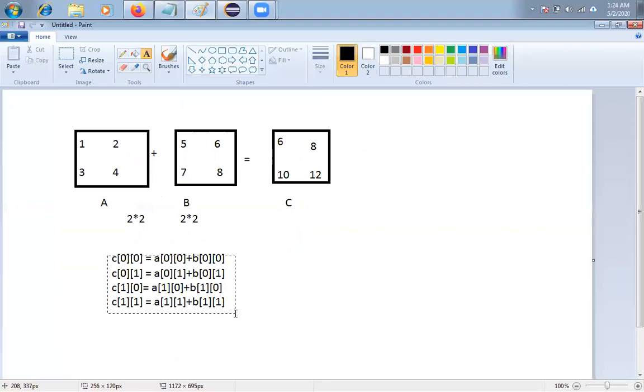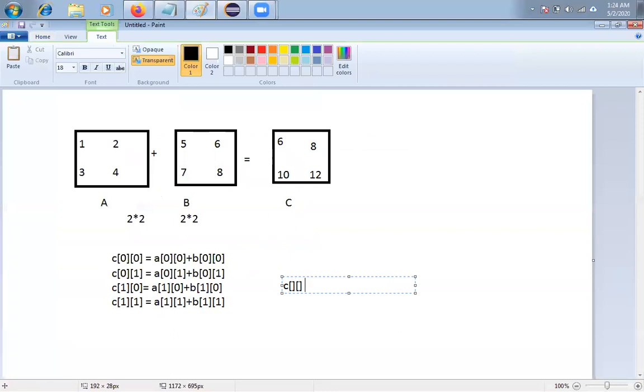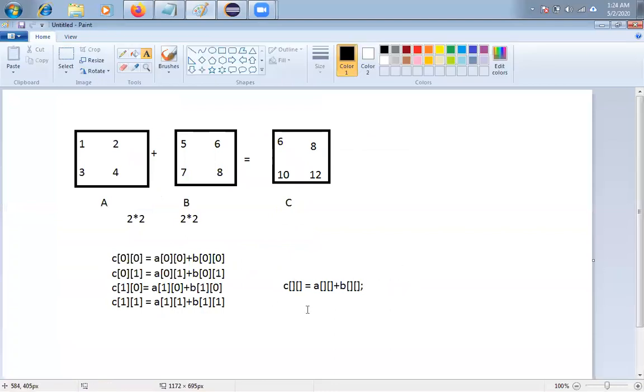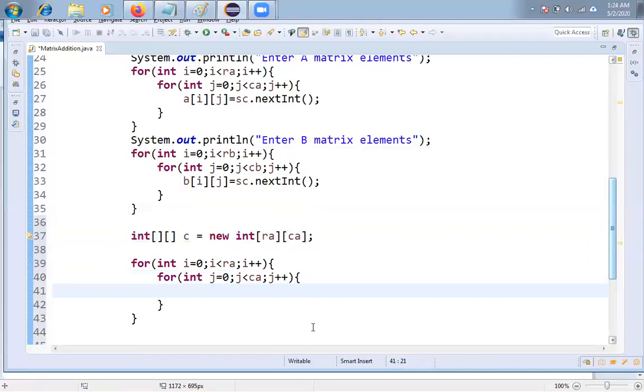Instead of writing this, C equal to A plus B of this one, so I will put the ij value. Here C of i j is equivalent to A of i j plus B of i j, friends.